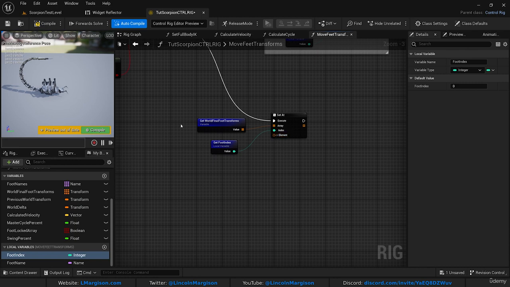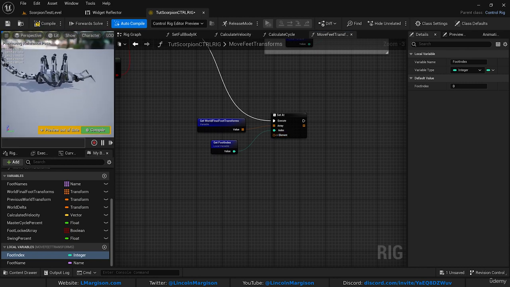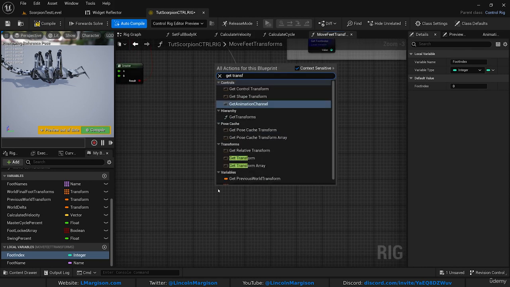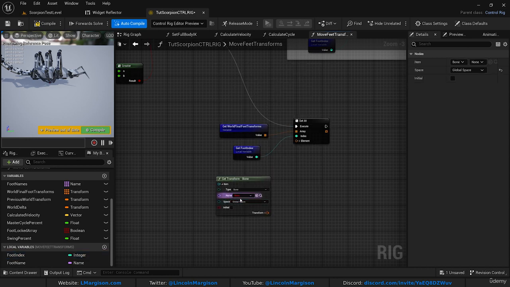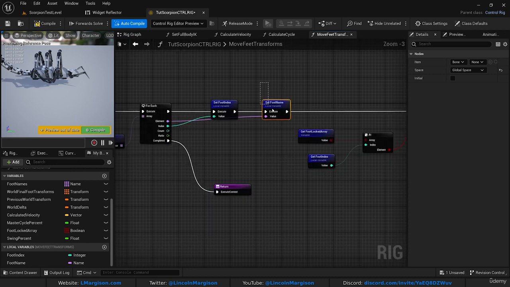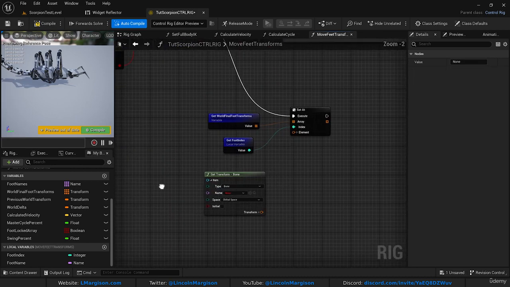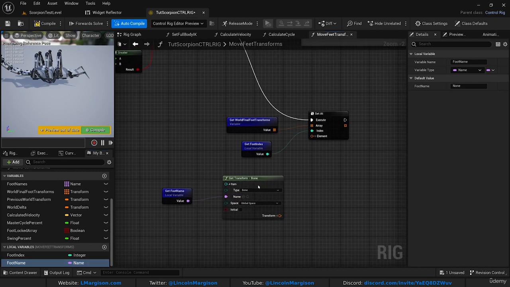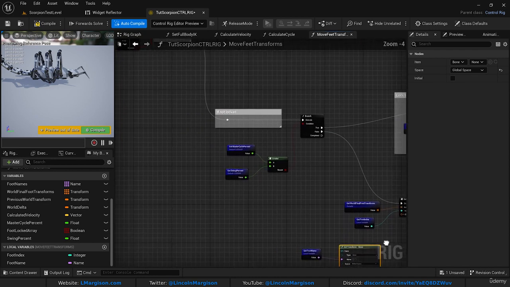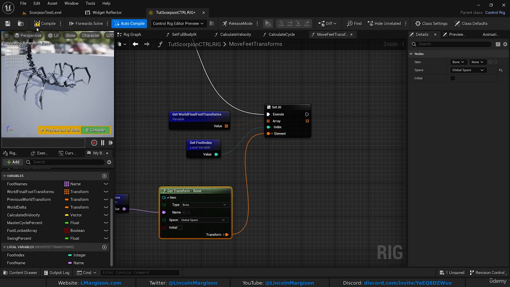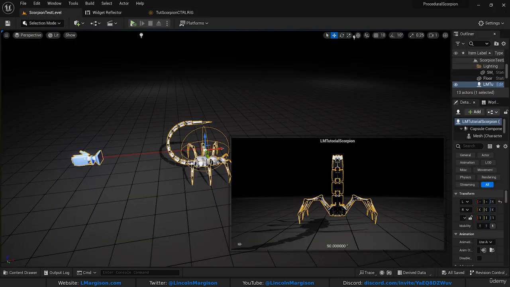And the transform that we're going to set it to, as you can see, it's setting everything to 0, 0, 0 because we've not plugged the transform in. What we're going to do is right click and do get transform. And we're going to get the position of the bone before we make any modification. So to do that, we can just drag in our foot name. If you remember, we created a foot name reference, a local variable at the very start. So we're going to get that foot name and plug that into our get transform bone in the name section. So it's getting the transform of this specific foot that we're on, and we're using that transform and plugging that into our array. So now what you'll see, if we compile and simulate,